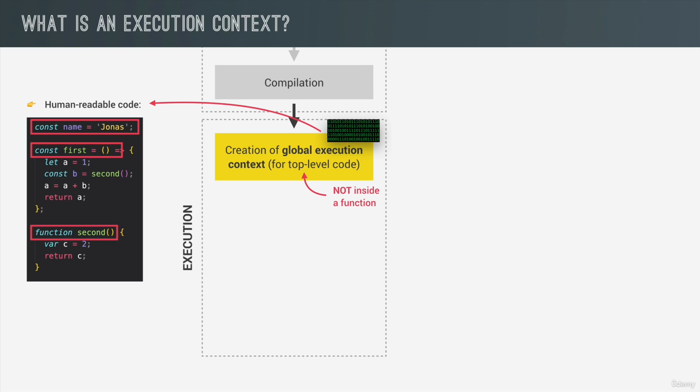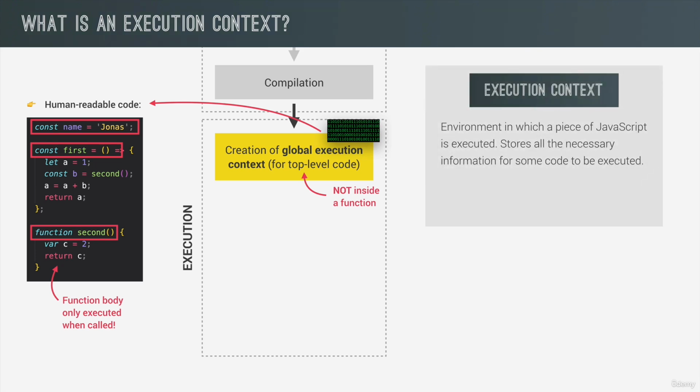But the code inside the functions will only be executed when the functions are called. Okay, so we know that a global execution context is created for top-level code. But now, what exactly is an execution context? Well, an execution context is an abstract concept, but I define it basically as an environment in which a piece